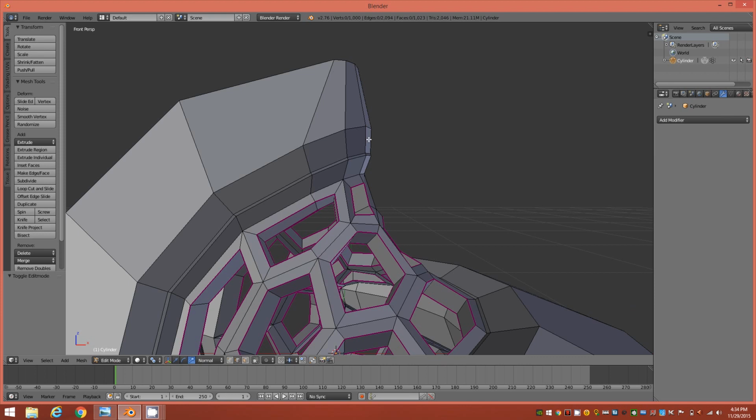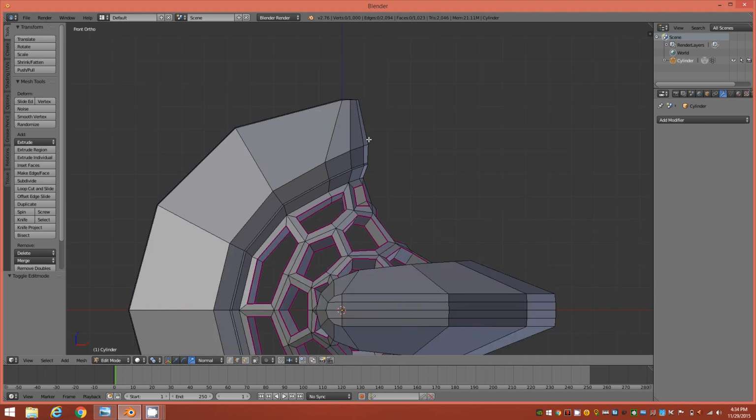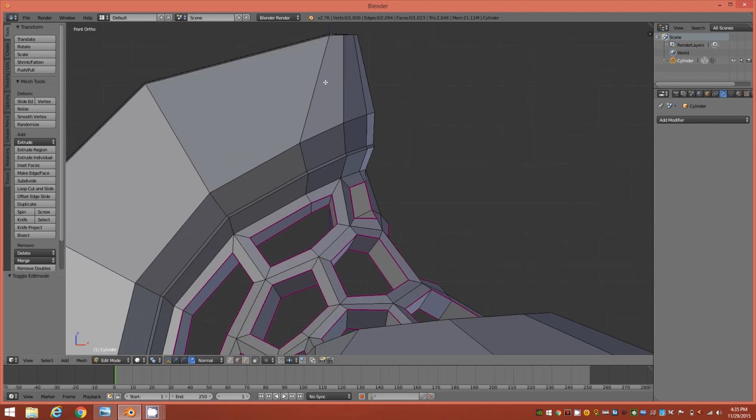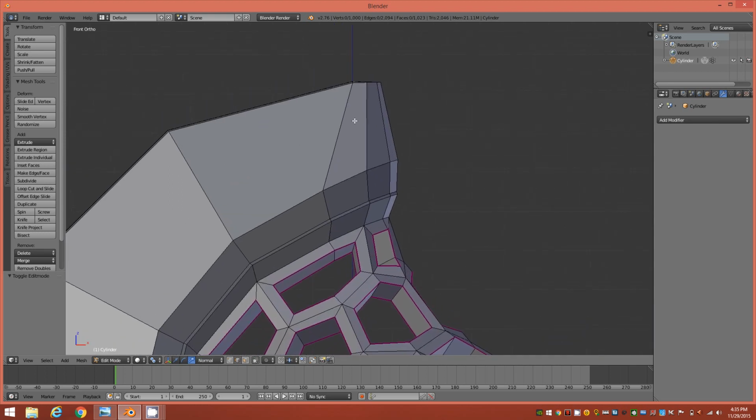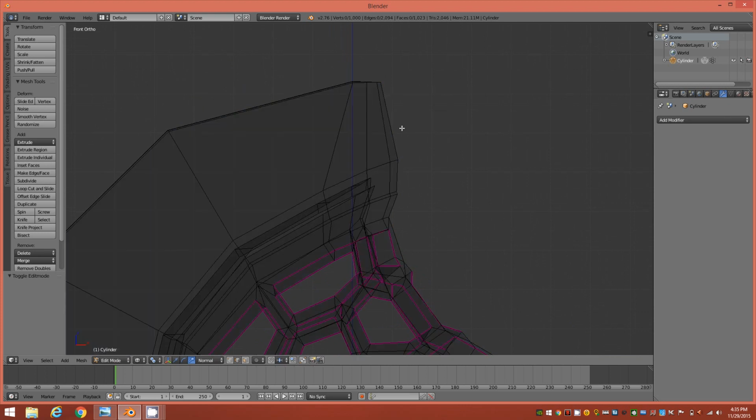I'm tapping on 5 to go into orthographic and 1 to go to a front view, and I'm going to go into wireframe view, and I'm going to